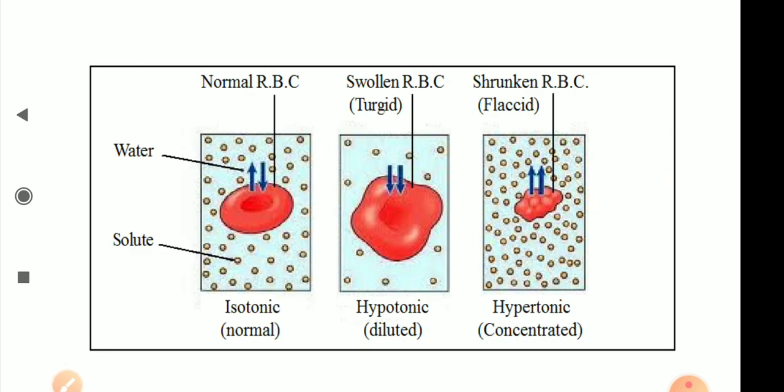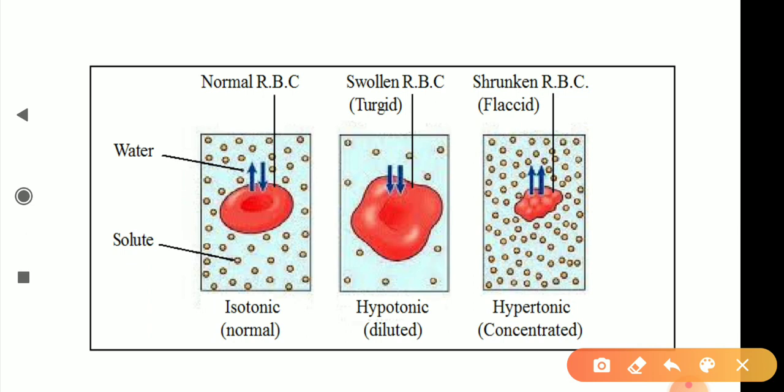Now we are going to discuss what would happen to the red blood cell when it is kept in these three different types of solutions. Fine, as I have already discussed that thing, but again I am going to tell you the same, that we are going to take RBC, one example of an animal cell, and one of a plant cell, and one by one when we put these cells into the different types of solution, they are going to show different results. So this is very important, MCQ type questions will come from this.